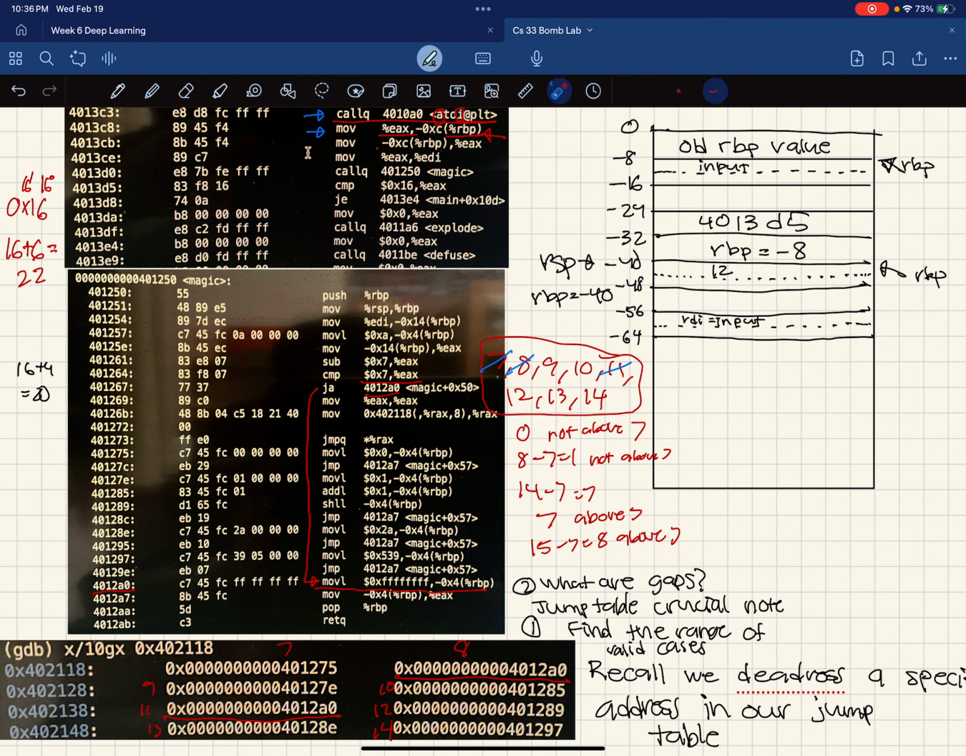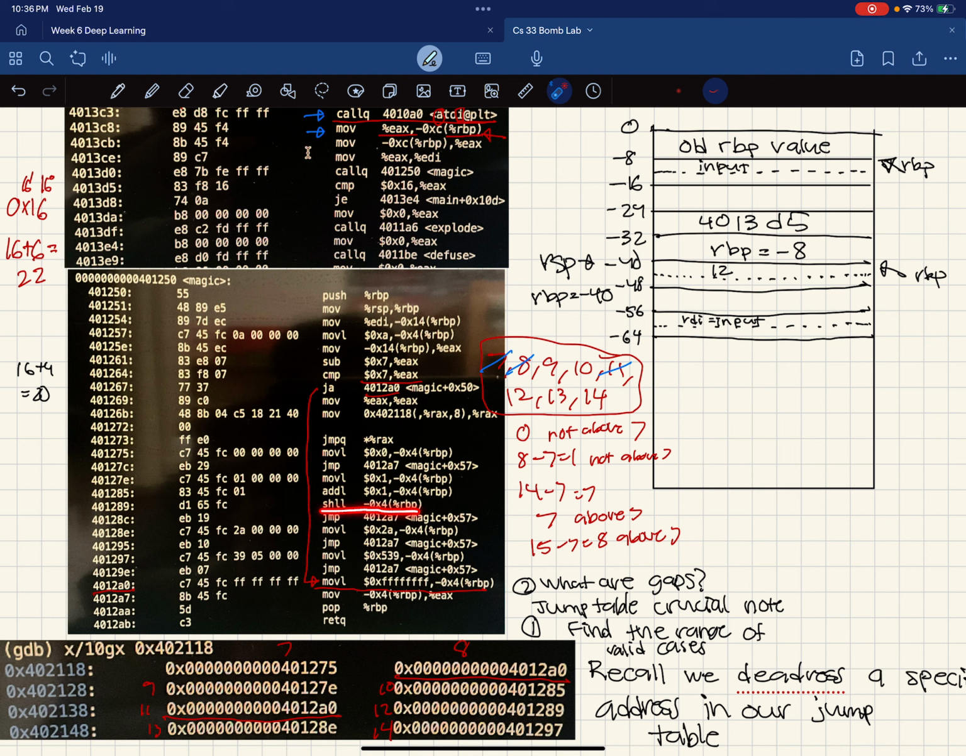What if we choose 9? If we choose 9, that means we're here. We're at 40127E, which is this instruction right here. Looks like we're moving 1 here, so 1 is here instead. Okay. So we move 1 into here, and then we add 1 to it. Okay, so now we have 2. And then we